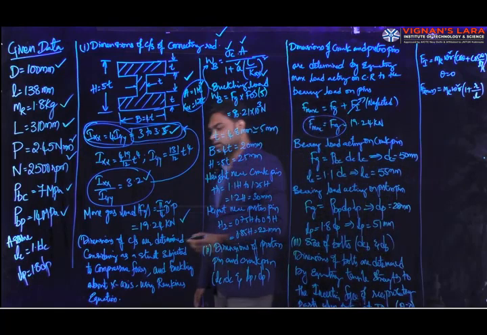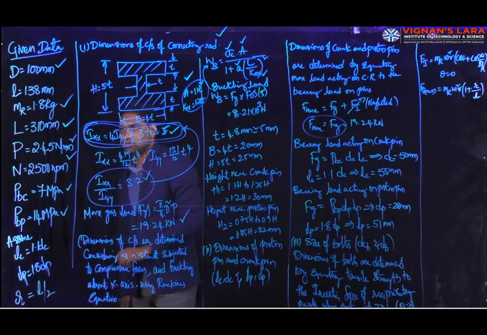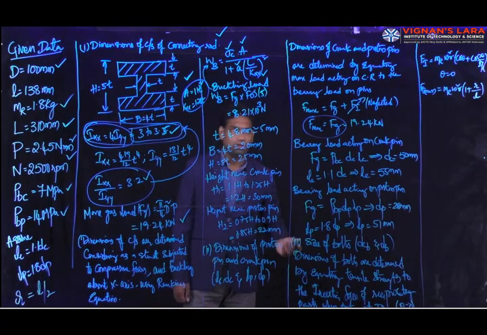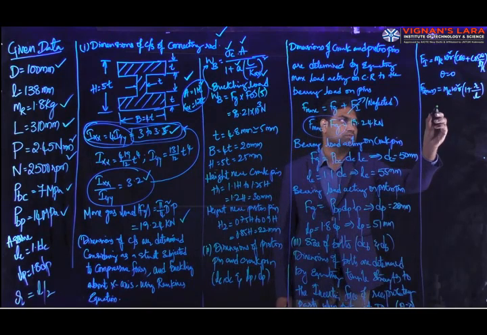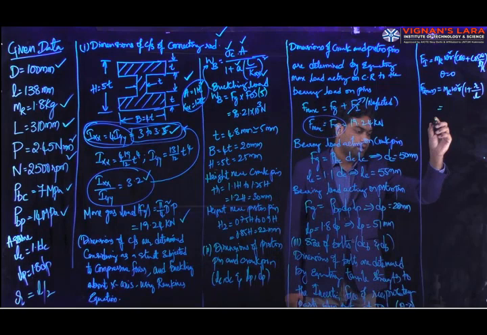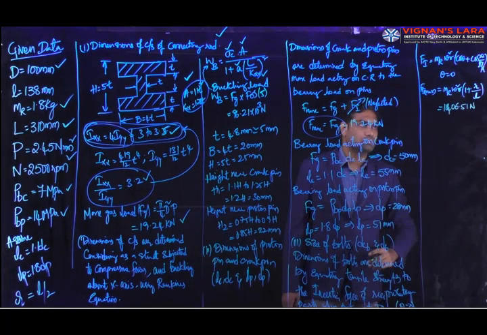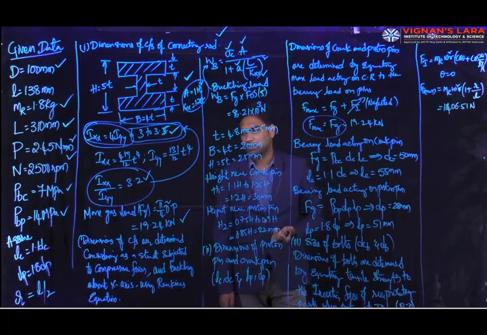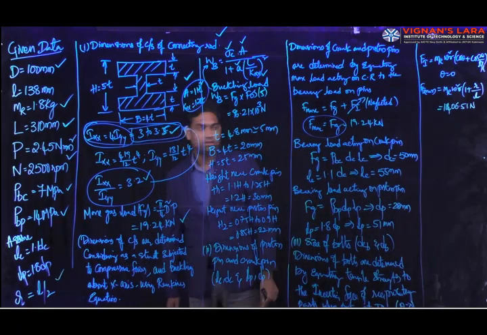the radius of crank, which needs to be calculated from the relation: half the stroke length, that is 138 by 2, so it is around 90-something mm. So we can calculate the radius of crank and substitute all the values in this equation. We may get the inertia force as 10406.51 newtons. mr is given, and omega in radians per second is the angular speed of the engine, 2 pi N by 60. And r you can calculate from the stroke length, as the stroke length is equal to twice the crank radius.